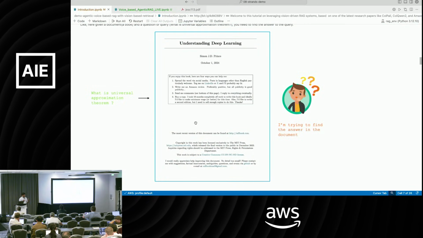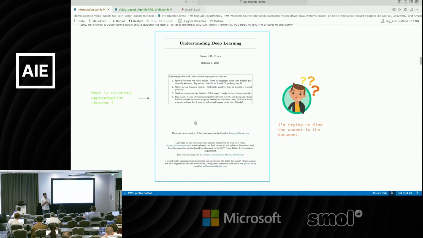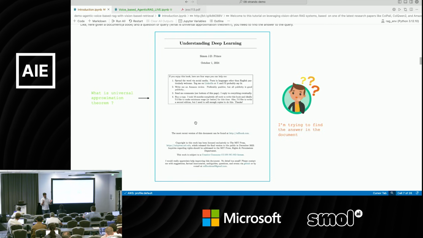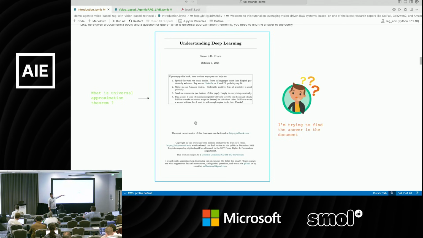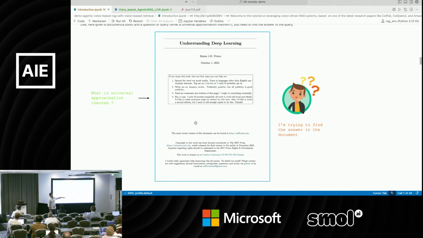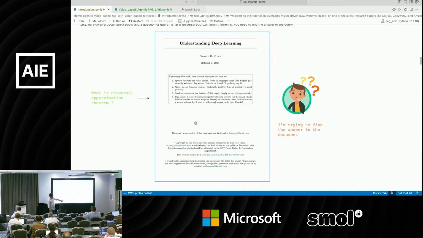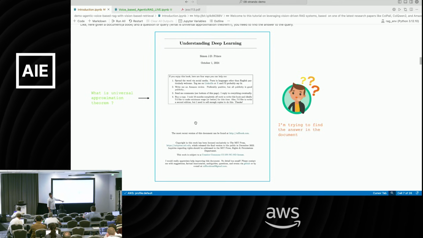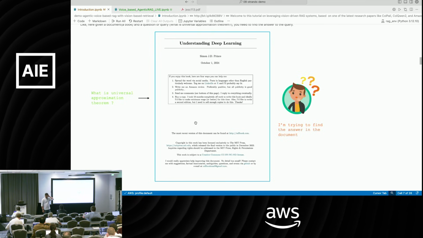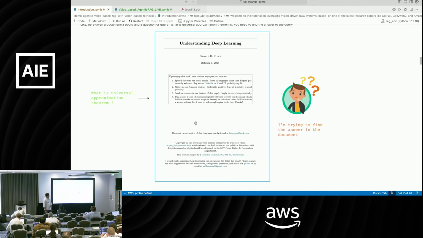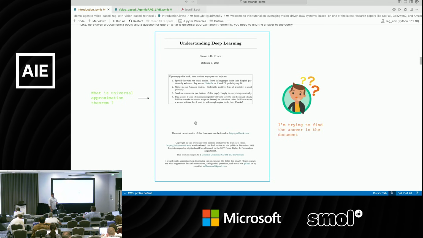Let's say you were given a book, and you were asked to answer a particular question. Let's say I give you this book. By the way, this is a fantastic book from Suman. Have you heard of this book? Yeah. If you are getting started with machine learning, deep learning, you can read this book. This is a really fantastic book. It's a recently published book, and Professor Suman is very reachable. It's a fantastic book. So let's say if I give you this book, and if I ask you some question,